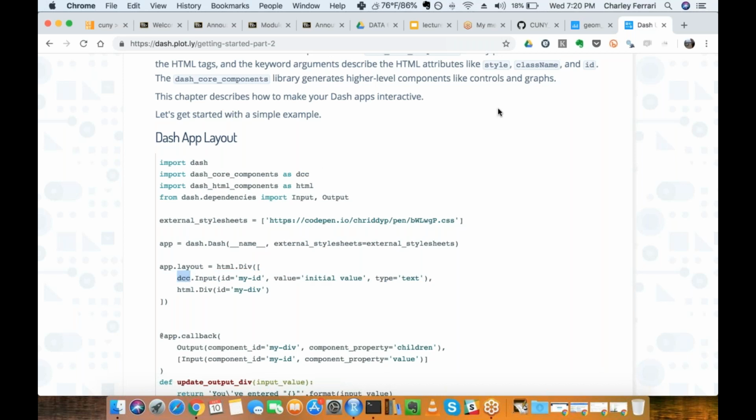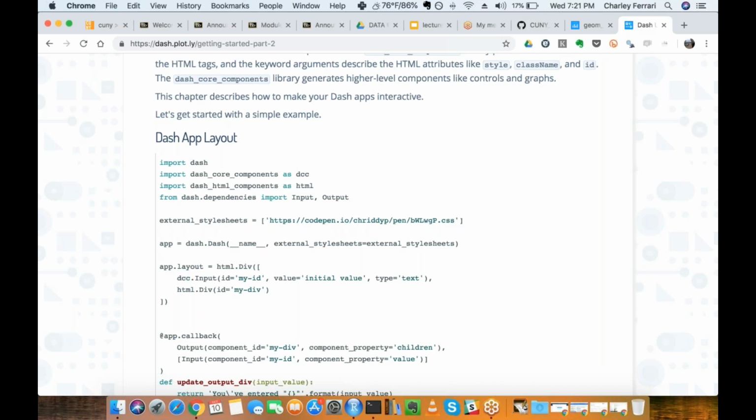So you'll see dcc.input, and in the Dash docs, you'll see a full exposition of which dash core components are available to you, and those are just included in the layout as other elements.